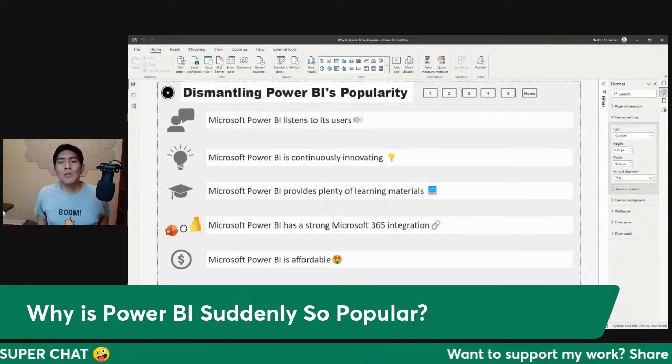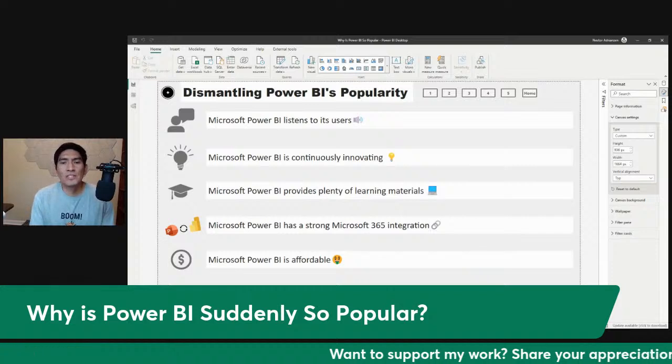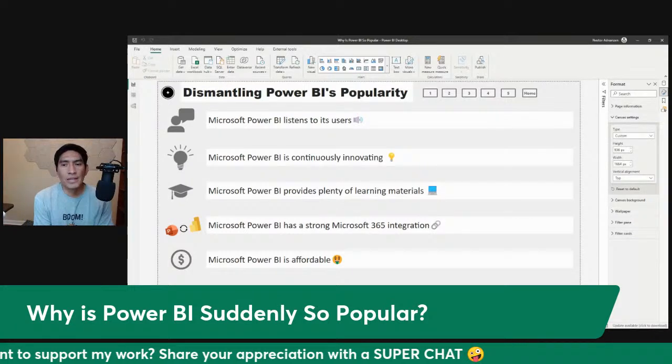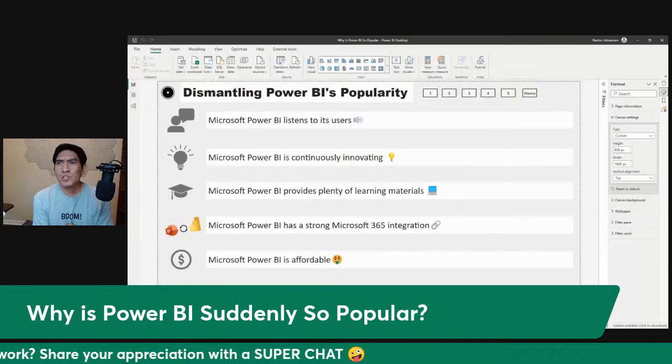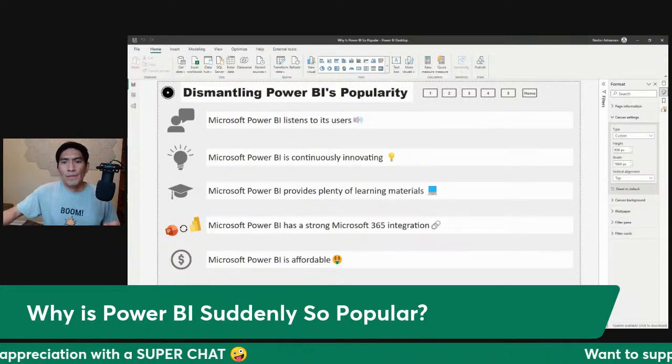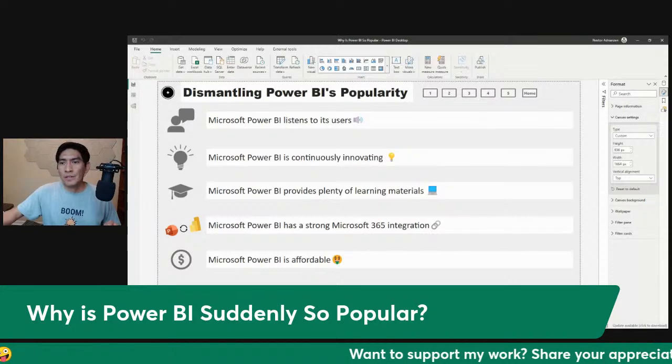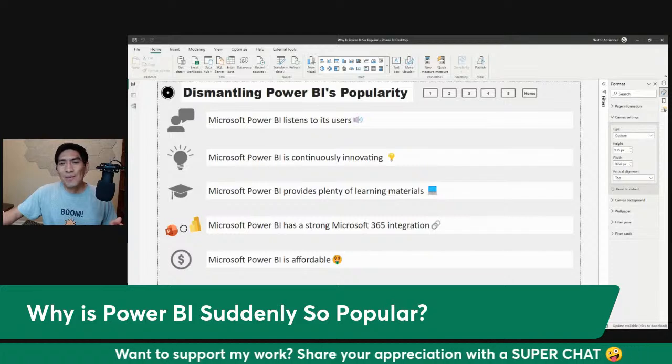Let me know your thoughts, your comments, your experience with Power BI. If you're using other tools like Tableau or maybe Qlik, or other data visualization tools, let me know your experience so we can have a good conversation about the differences and also the advantages.